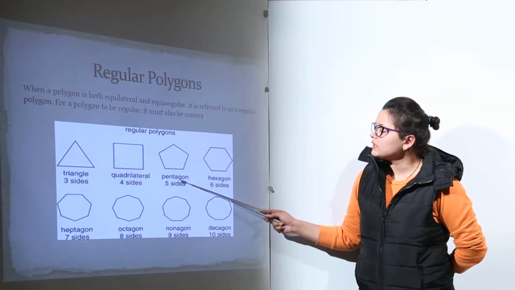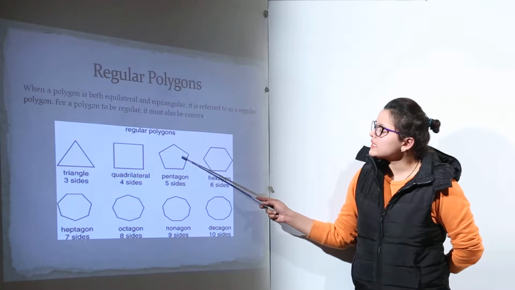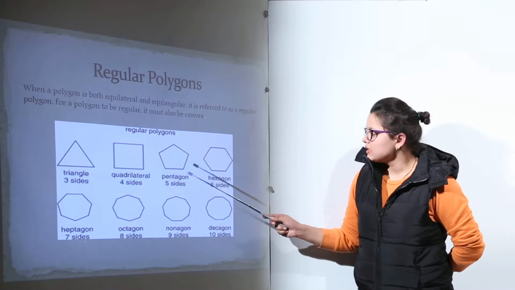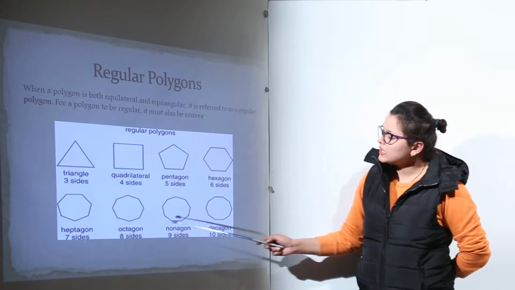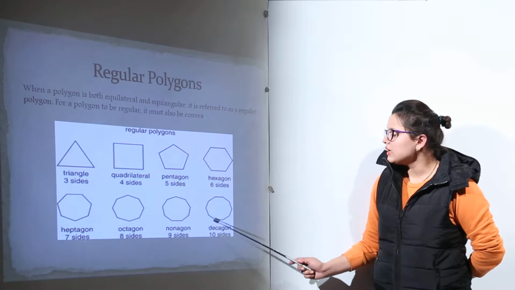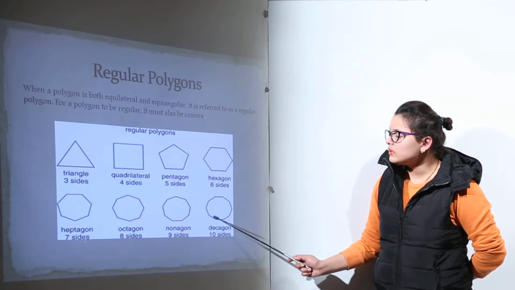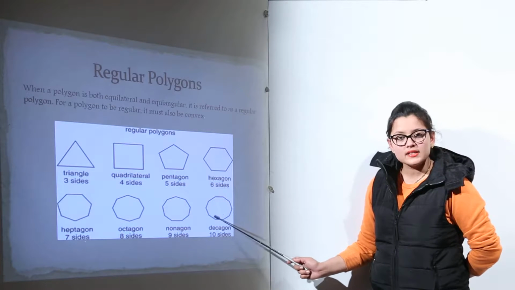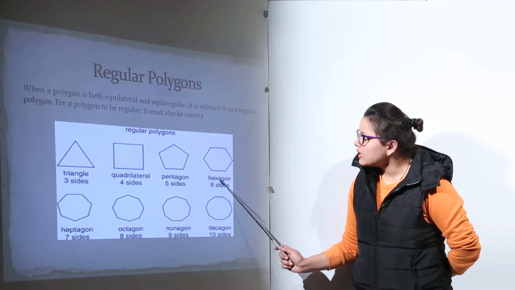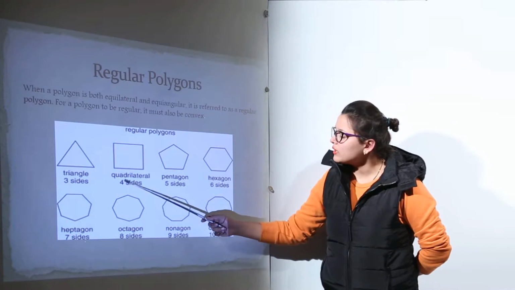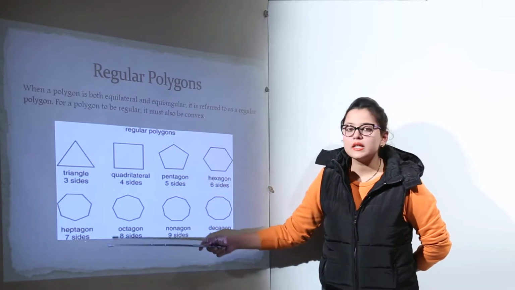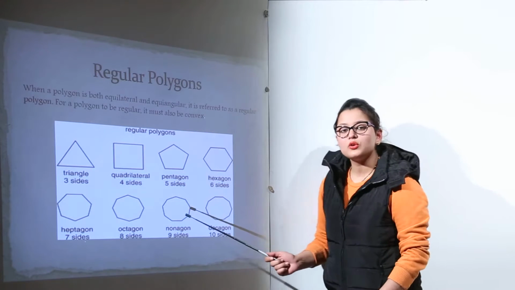Similarly, we have a pentagon which has all sides and all angles equal. So, this is also called a regular pentagon. Similarly, we have regular hexagon, regular heptagon, regular octagon, regular nonagon and regular decagon. Now, these are regular. Why? Because all their sides and all their angles are equal. But if I ask you why they are named hexagon, pentagon, quadrilateral, heptagon, it is because they have different numbers of sides. We will be discussing in the upcoming slides how these are named.